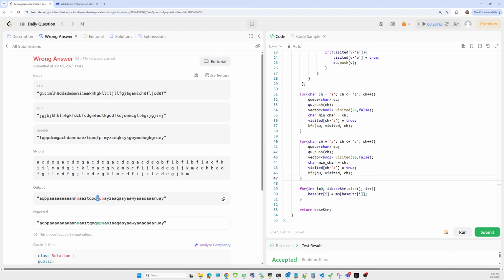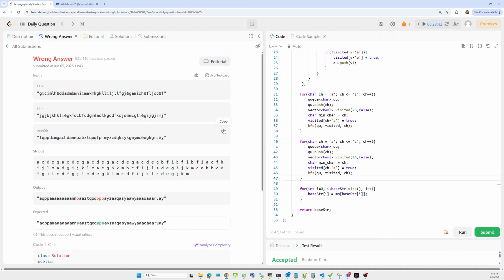If we take this B value, it will give me B, but the minimum equivalent will be A as per their expectation. For this, here also B, and this is my output, B, the smallest equivalent as per my code. But what they told is that the minimum value will be A. In this test case it is failing. So it is corresponding to which one? This B is corresponding to this.